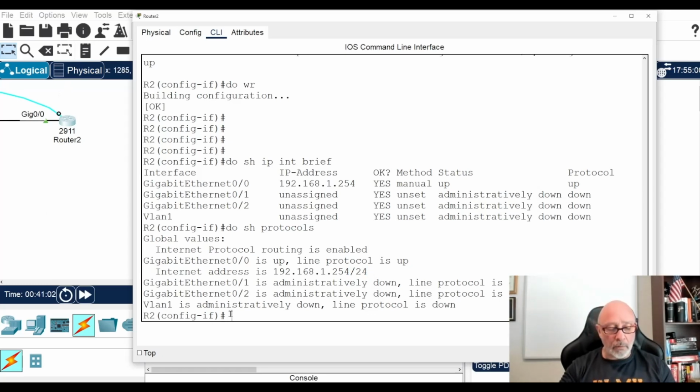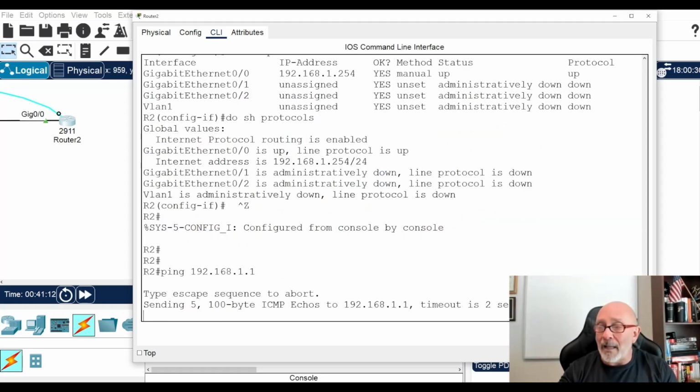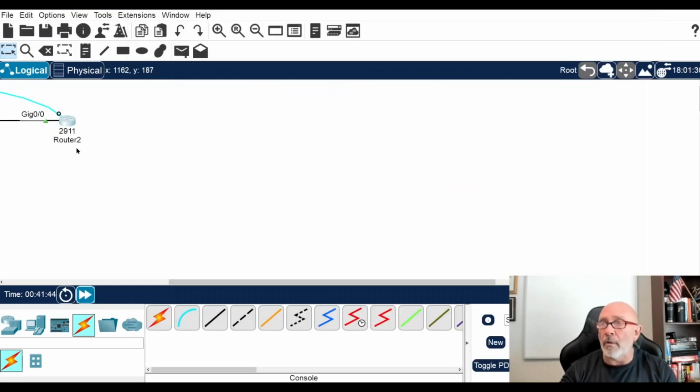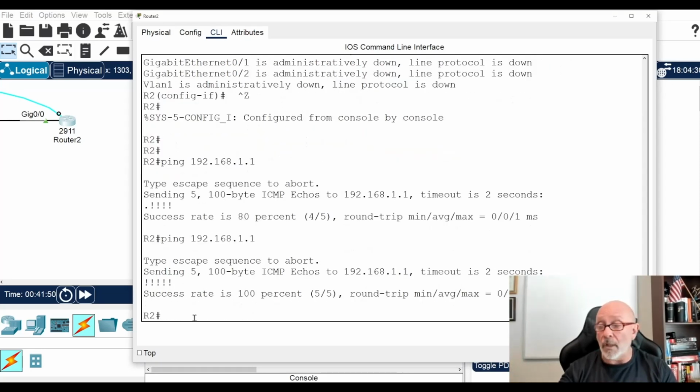So that's pretty cool. All right, so let's see if we have connectivity. So I'll just ping the host. How about that? Ping. So I don't have to get out of the router. Ping 192.168.1.1. And again, I don't like waiting. I hit the fast forward. Oh, there it was. I hit the fast forward button, but it beat me to it. There's your pings. If you ping again, you'll get the 4 bangs because of the ARP.